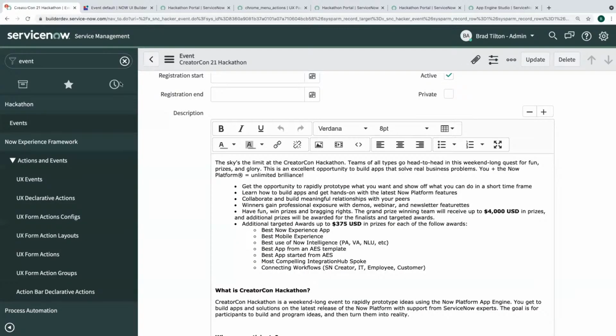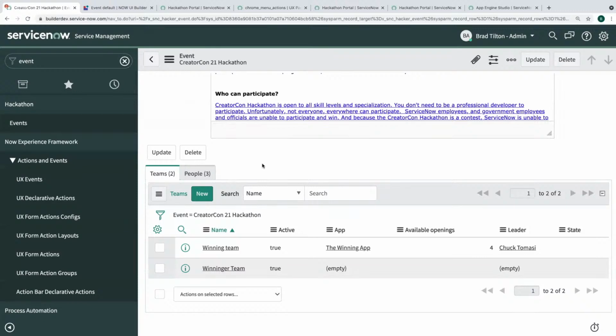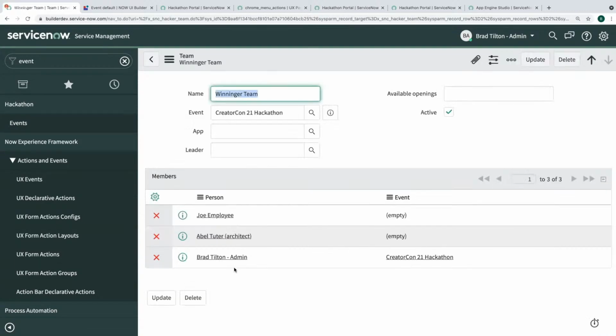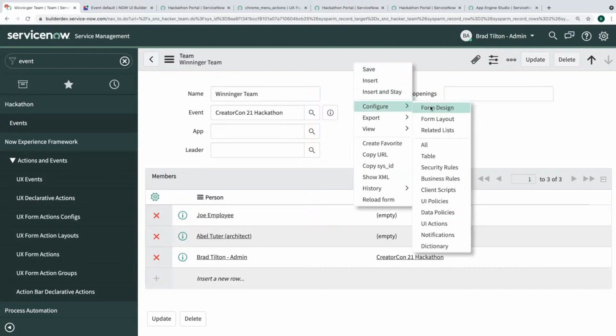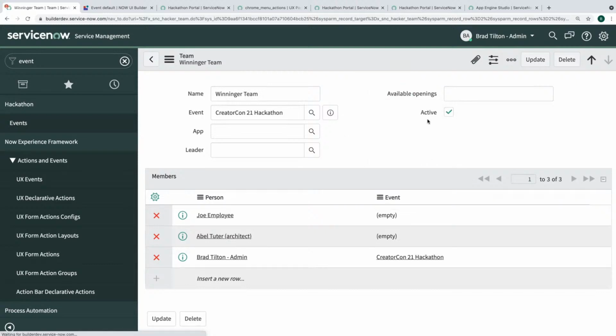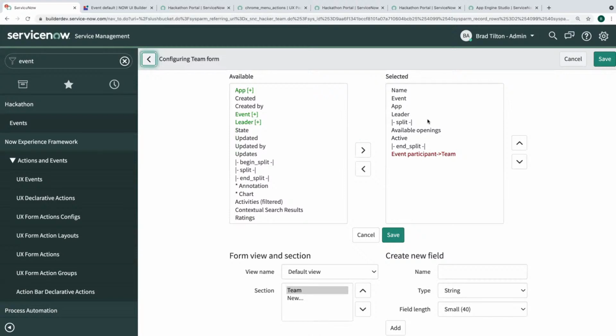If we look at the data model for my event, I have a teams related list, and if we look at one of the team names, we've got some team members. Is there an instance field somewhere? The team should have an instance, right?